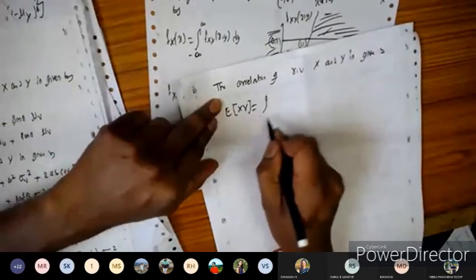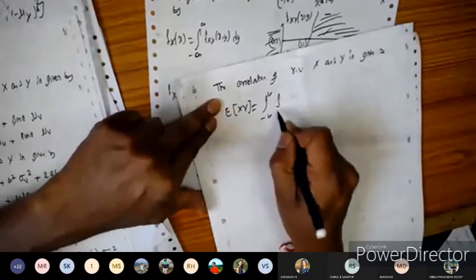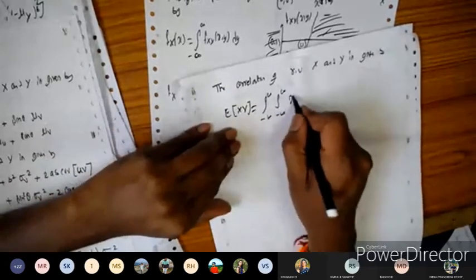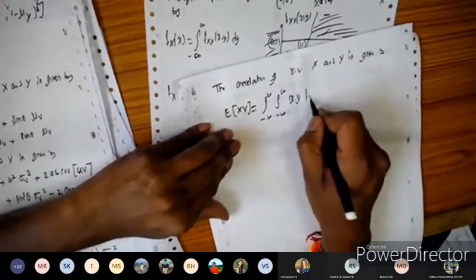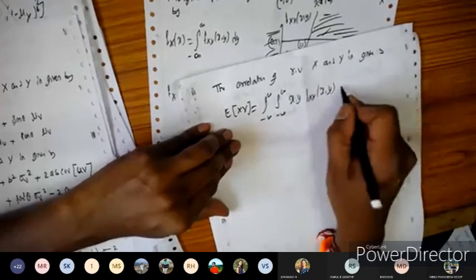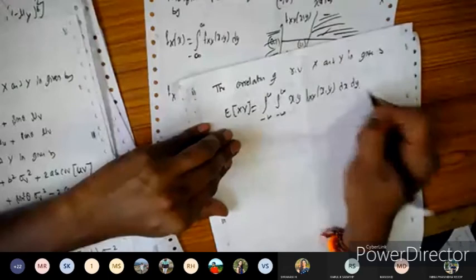I'll write the generalized formula: integral from minus infinity to plus infinity, one is for the random variable x, another is for the random variable y, and we have the bivariate PDF fXY(x, y) into dx into dy here,